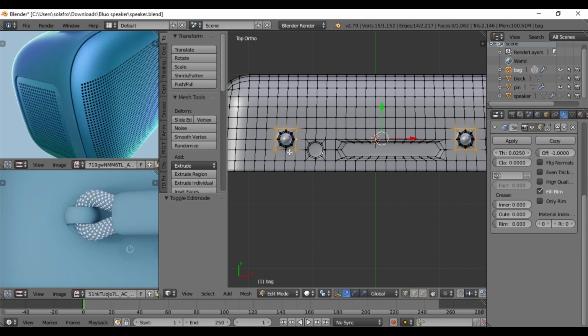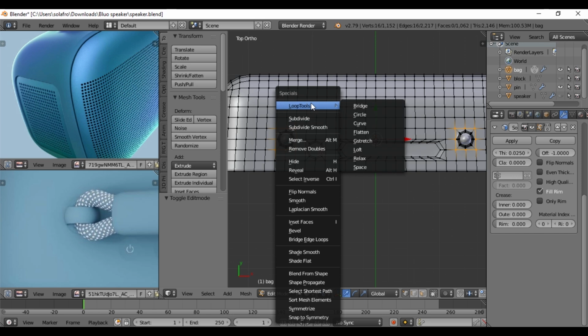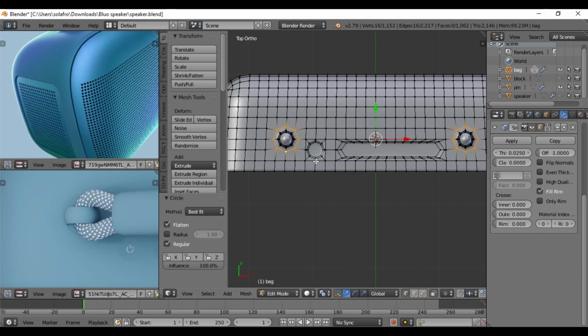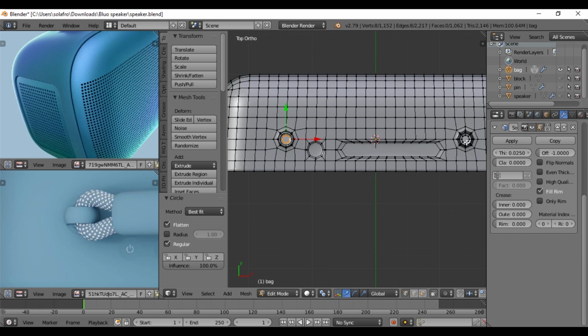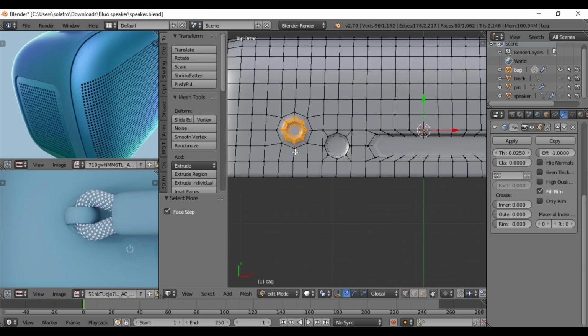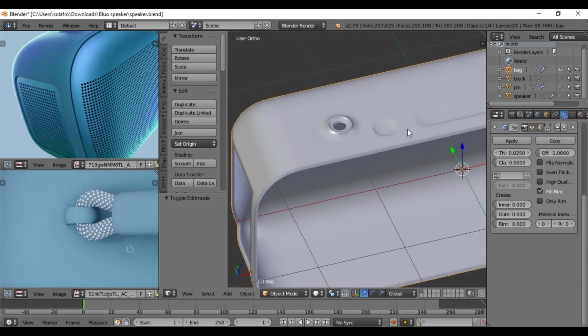Selecting each pinhole, then press W to choose a circle from the Loop Tools. By pressing Shift Alt, select each circle loop. Then by pressing Ctrl+, add to the loop selection. And scale by pressing the S key. Type 1.3. Change to object mode.